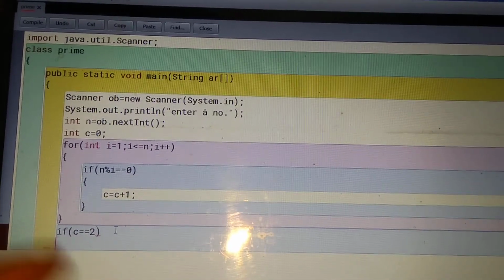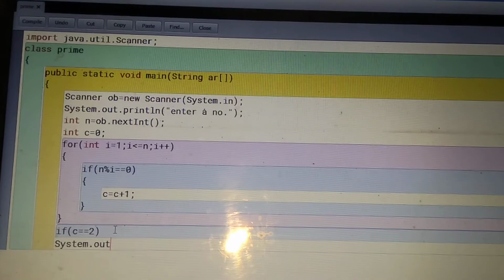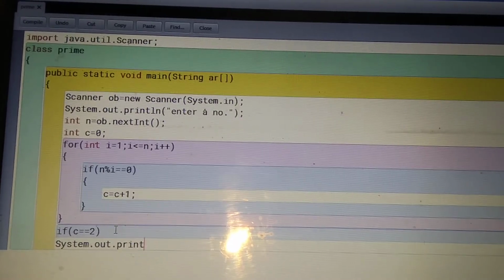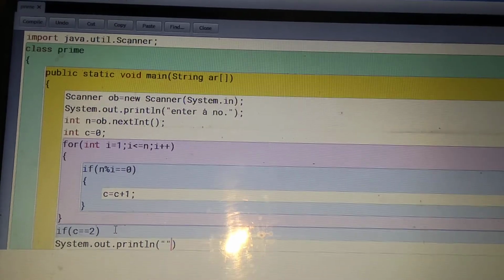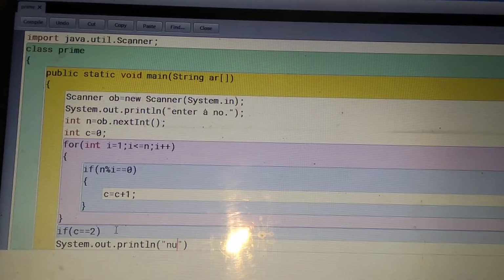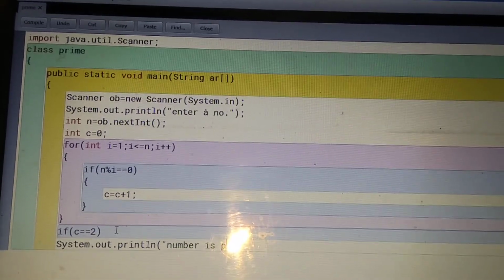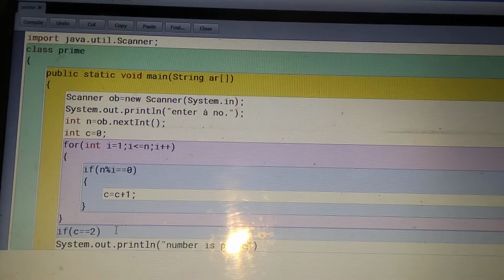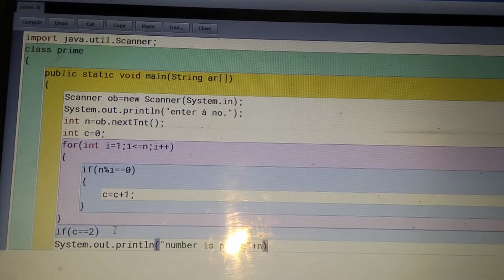So here if this condition is true, System.out.println with the message: number is prime. And print the number value, means print the n value.